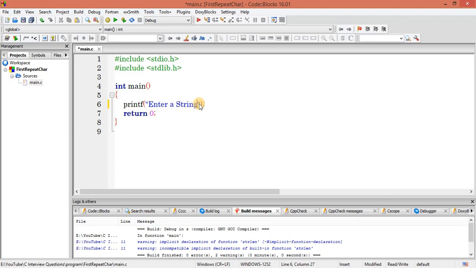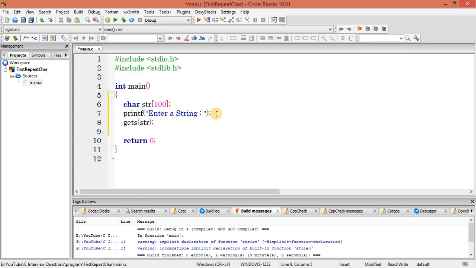Enter a string. Okay, so let's declare a string str of size 100. Let's get this string. Here I can also write gets. Instead of writing scanf, I can write gets and I will get the string.